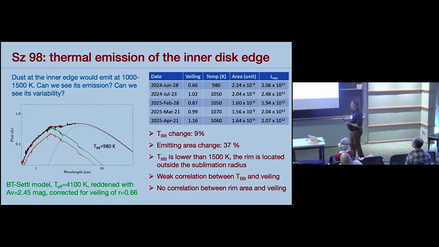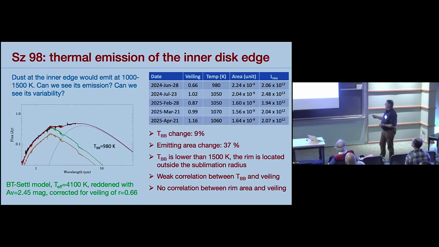This is one of our spectra, and the green is the photosphere of the star, corrected for accretion, for extinction, for all these things, and we still see an excess here. It's possible to fit this excess with a black body, in this case of about 1000 K, and this is obviously some warm material close to the star. What else could it be than the emission of the inner rim? So we see it, and if we measure it for the different epochs when we have data, we see that this inner disk emission is variable.